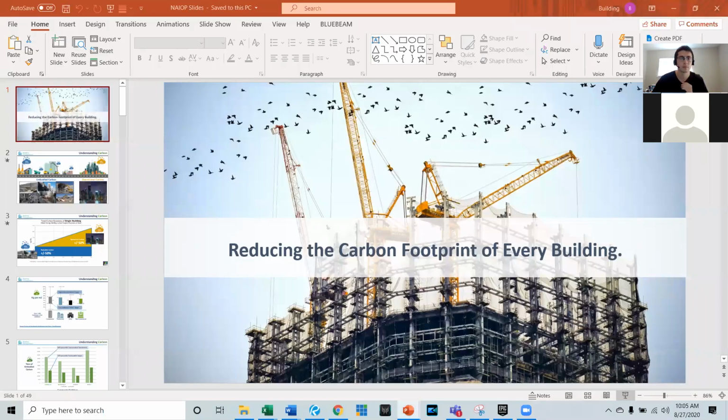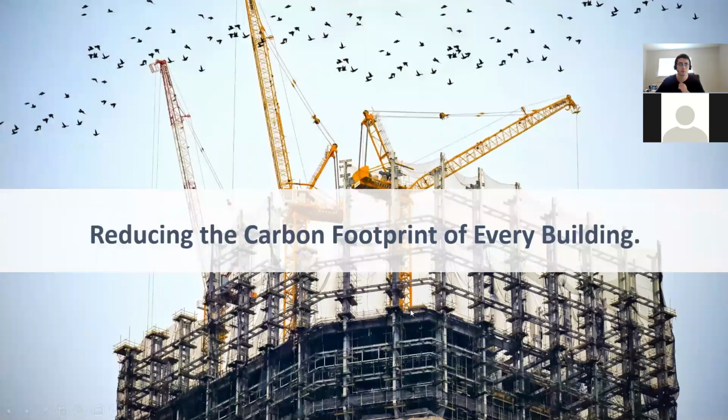All right, so thanks for having me today. I'm going to actually wear both of my hats today, so I'll introduce myself from both perspectives. My name's Stacy Smedley. I am currently a Director of Sustainability at Skanska USA, supporting national initiatives around green building, particularly focused on carbon emissions because we have our own internal zero carbon targets, including our embodied carbon emissions by